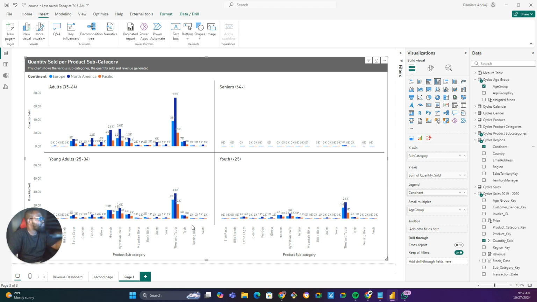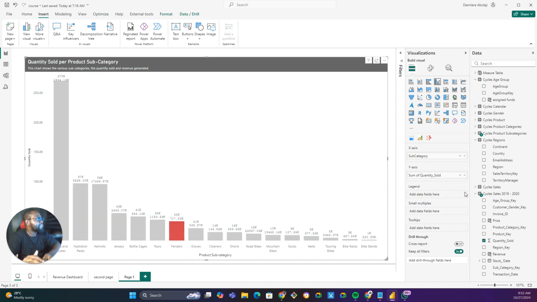Pro tip here: you do not want to break down your metric, or you do not want to use a field that has plenty of distinct values. For example, I'm using continent because it has just three values: Europe, North America, Pacific, and it's easy on the eyes. I'm using age group because it has four values, right? It would be very, very, I don't want to say bad, but it will make your work look messy